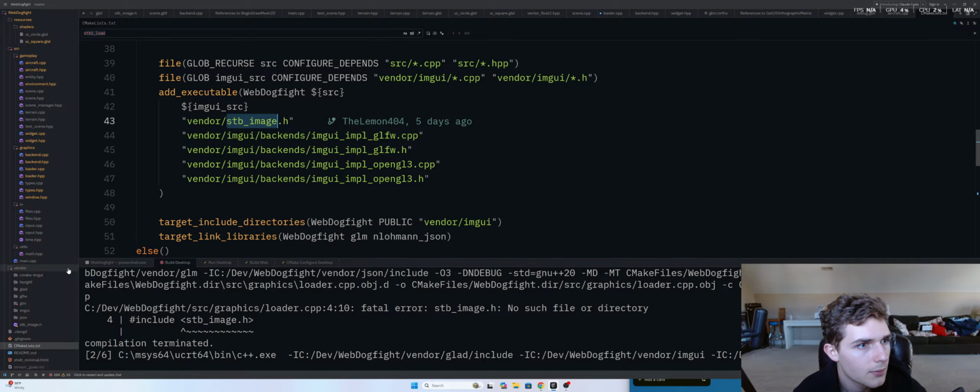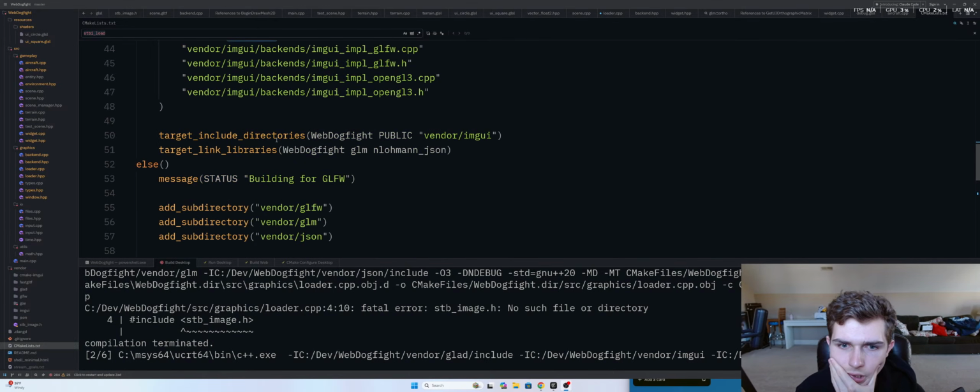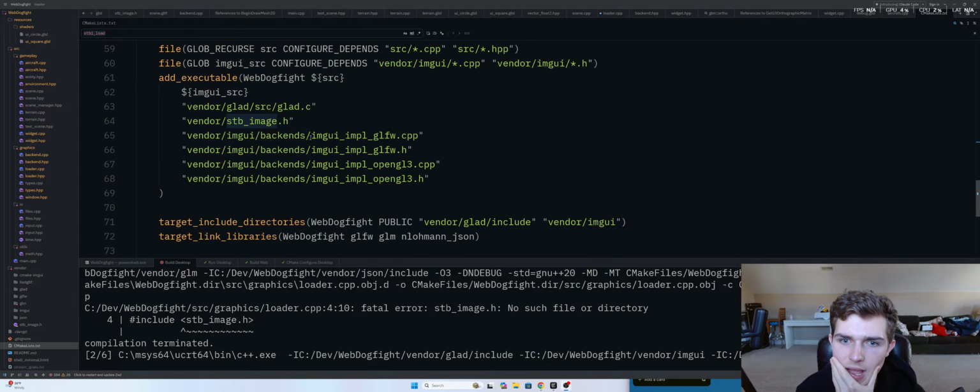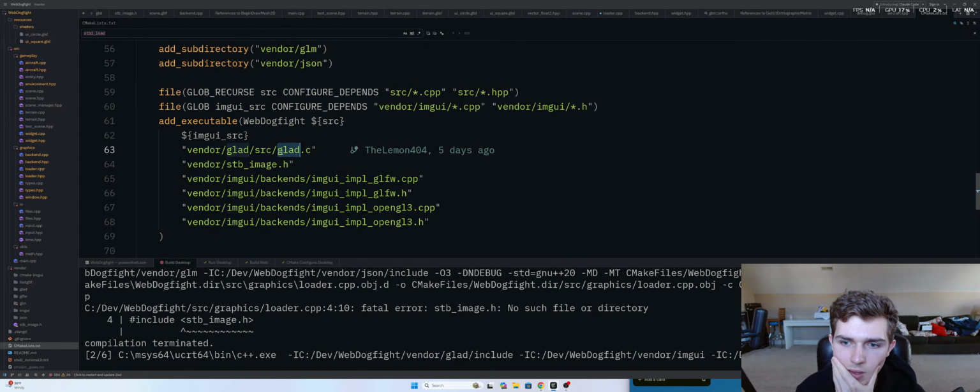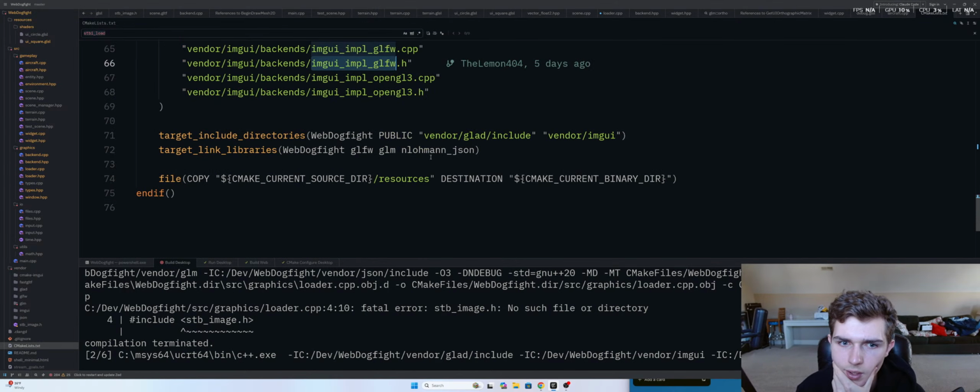I need to turn that on. Yeah, I'm really confused why this header isn't being included. Like, we have GLAD, we have glfw, we have all of the other stuff we're including, but for some reason,